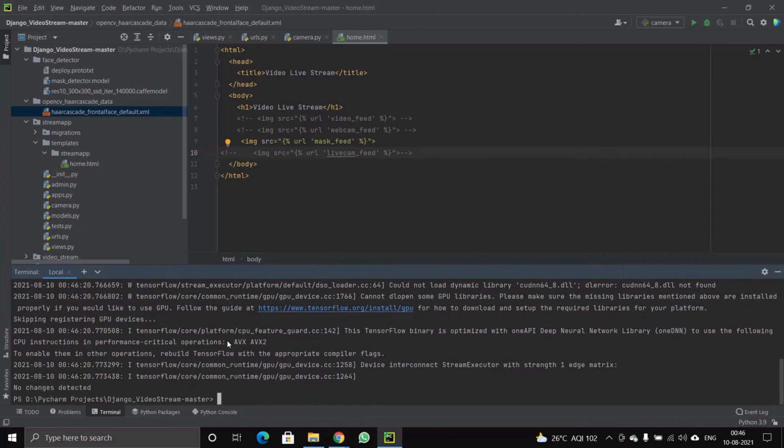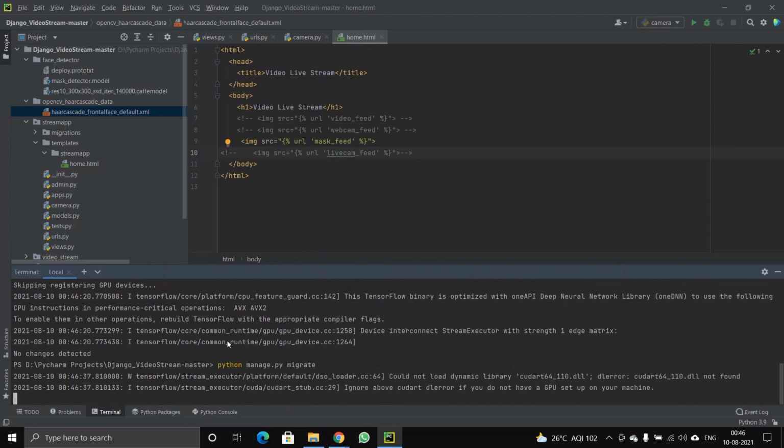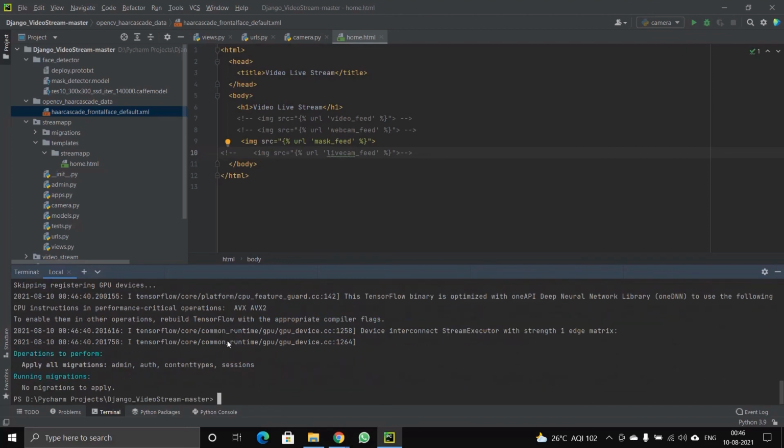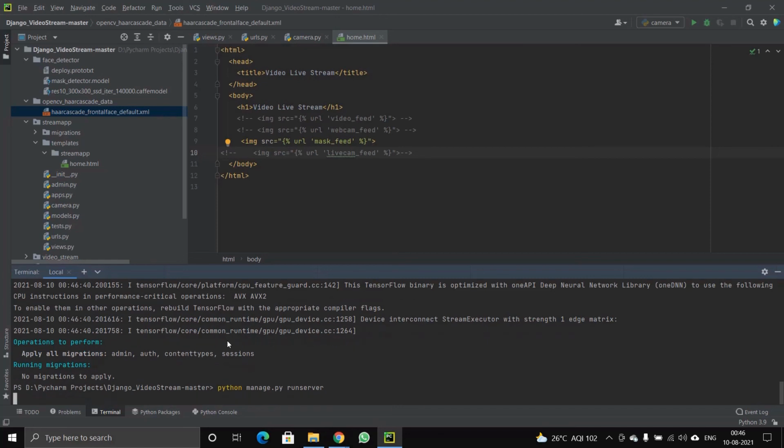After that, one more line, python manage.py migrate and hit enter. And finally, the last line will be python manage.py runserver and hit enter.